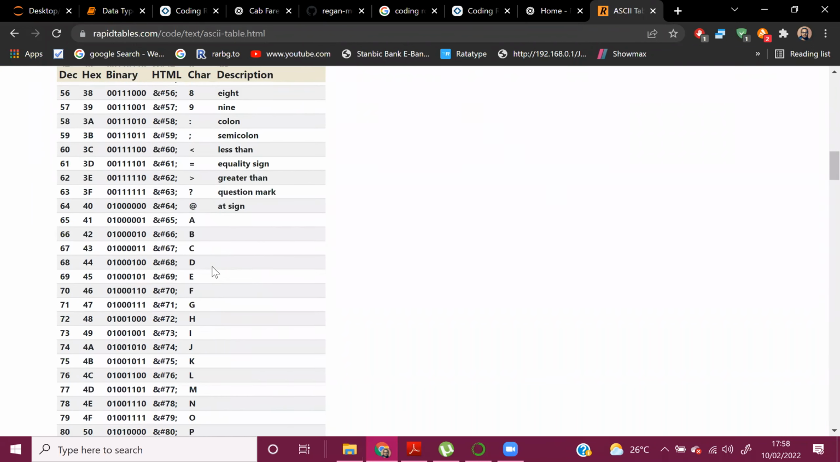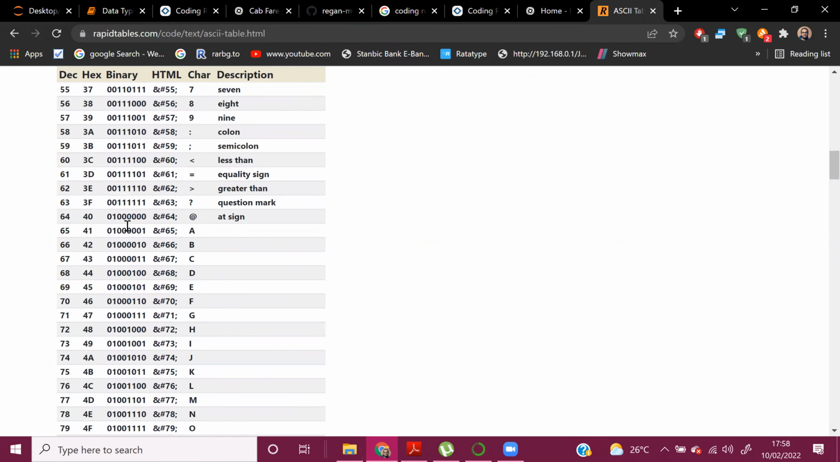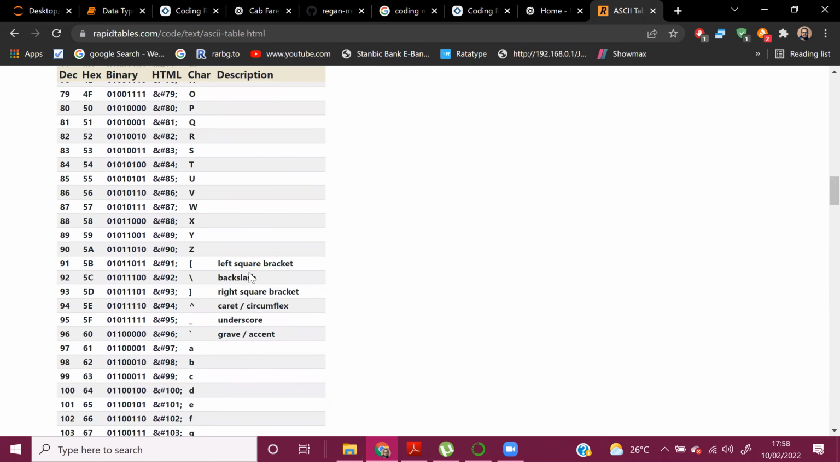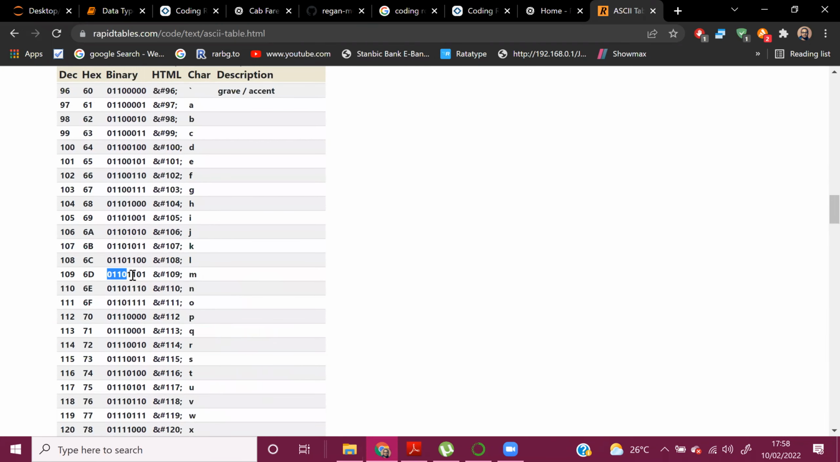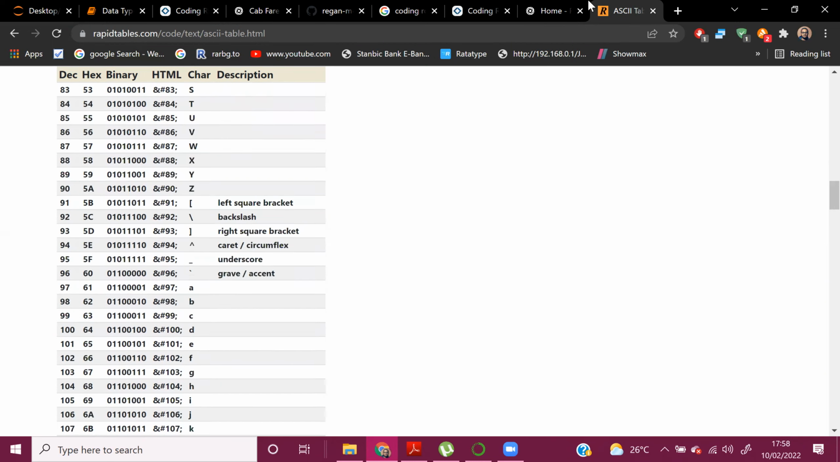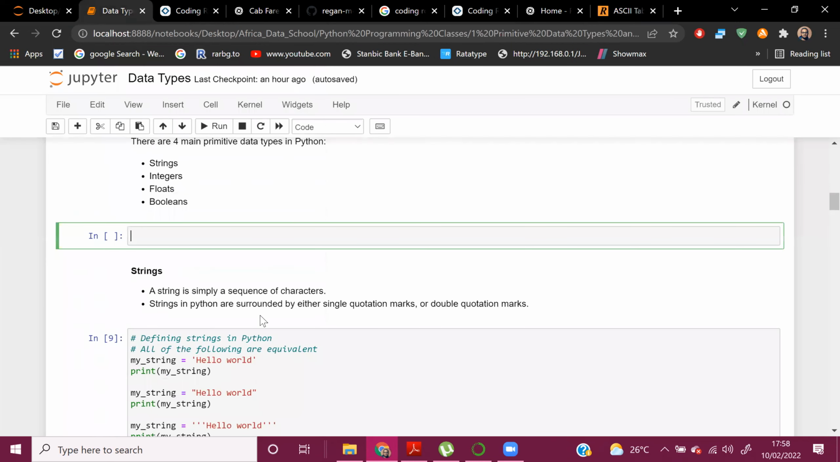You can see all these are ASCIIs. So the binary value of letter capital A is this, capital B is this, 01000010. Yeah. So this is what a computer understands. These binary digits, zeros and ones. Yeah. So any string that we enter in our machine, at the very core of the computer, it will be